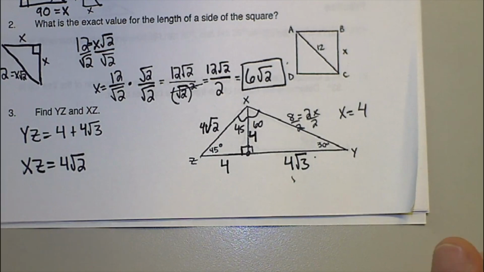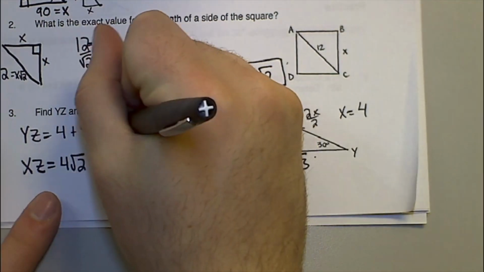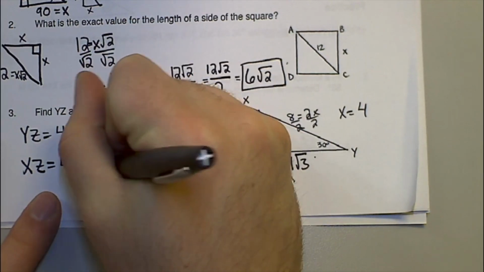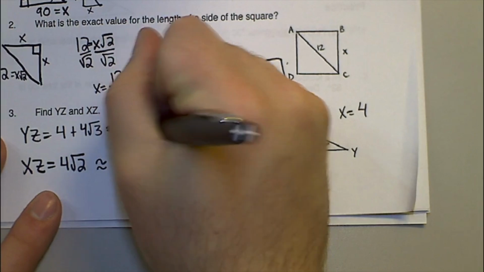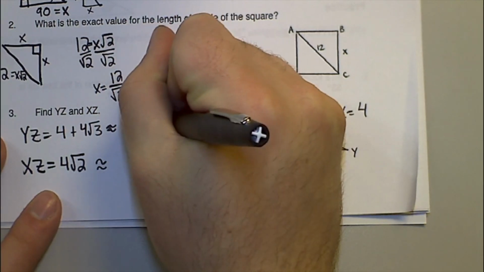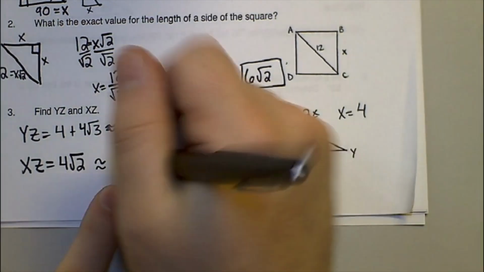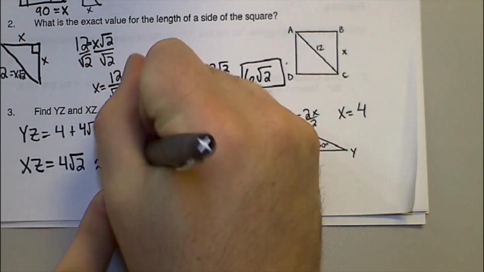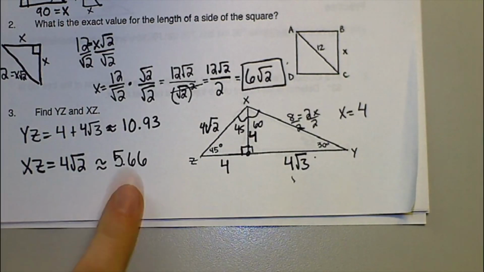Just by doing that, I can figure out what these are approximately on my calculator, or I can leave them the way they are. If I found the approximation for YZ here, I already did this, it was approximately 10.93. So roughly almost 11. And then 4 square roots of 2, that's 5.66. Okay? But that's really